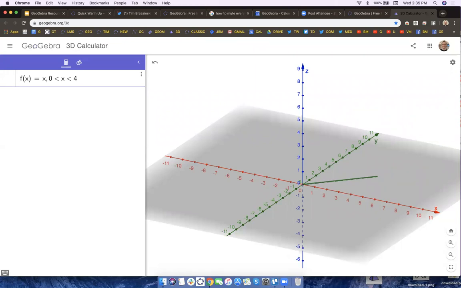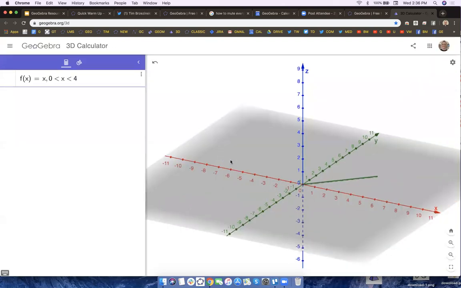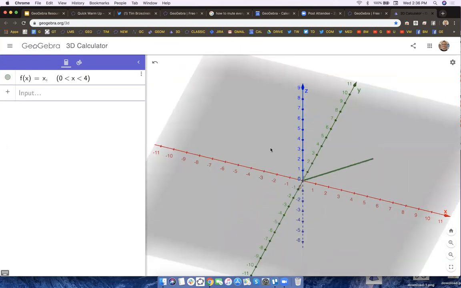So f of x equals x going from 0 to 4. Again, what we're going to do now is create a resource that, I think, students could simply build from scratch, but sometimes teachers want something scaffolded for kids. So if you hit enter, notice it goes like that,